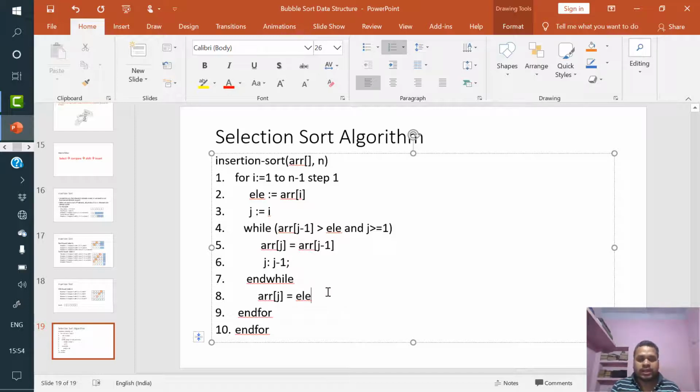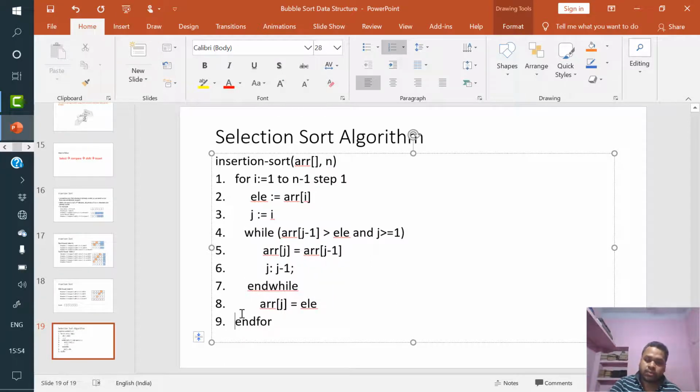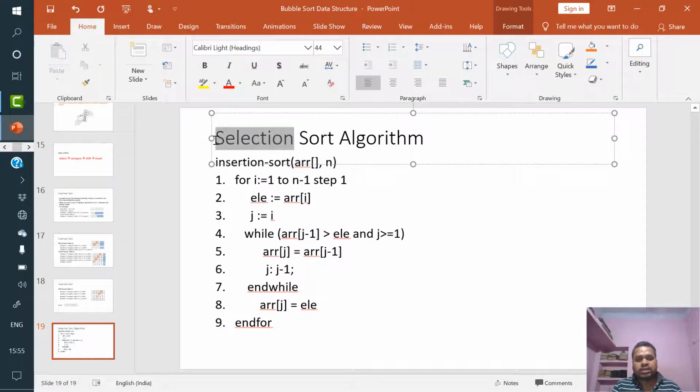At the end we insert the element at the appropriate position, and the for loop ends. So this is the algorithm used to sort elements using insertion sort.